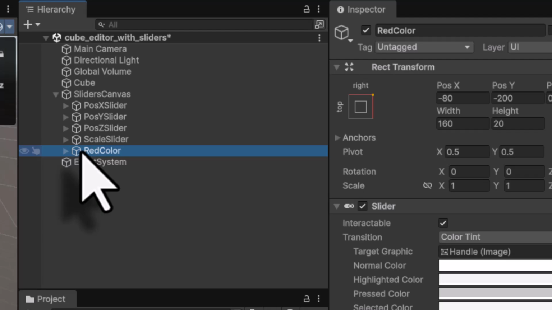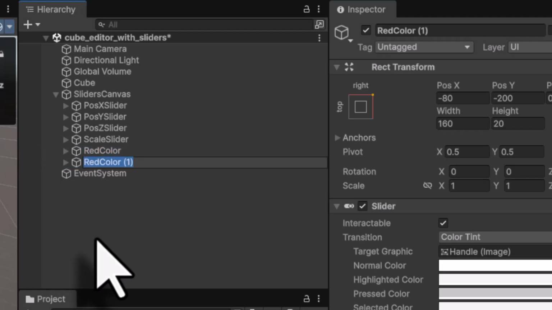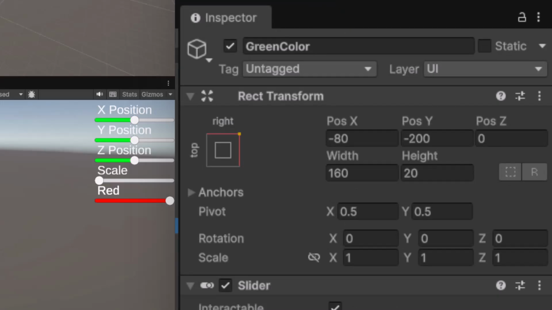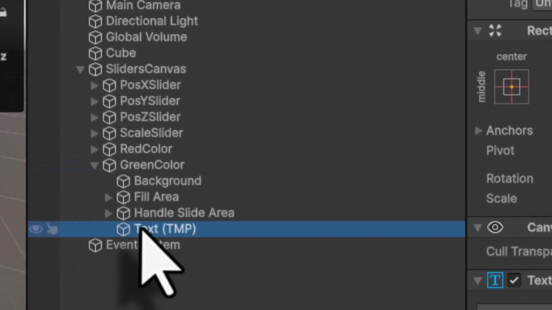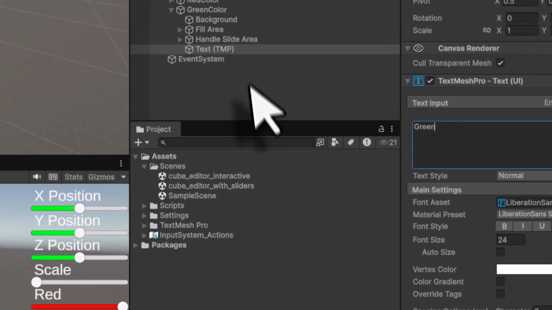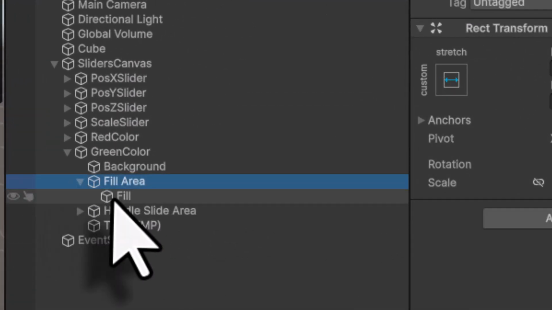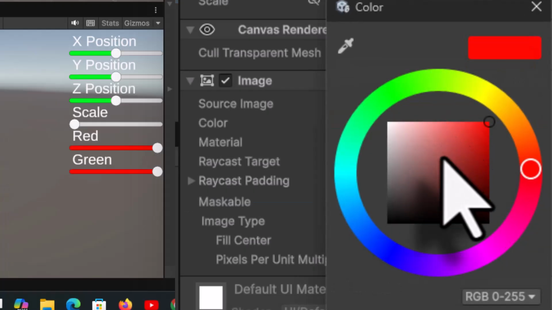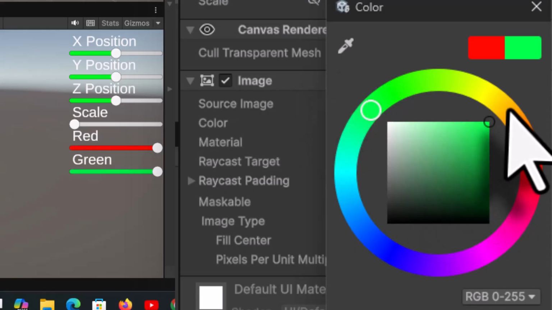I will select this red color, press Ctrl D to duplicate, press F2. I am now going to call this green color. I am going to move it by minus 200, minus 40, and I will open this, come into text, and call it green. I will come into fill area, open it, select fill and open this, and I will now change the color